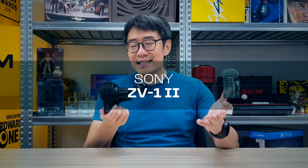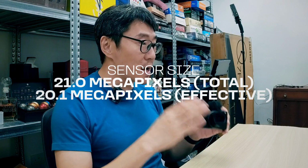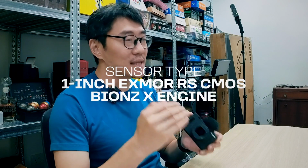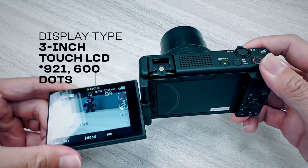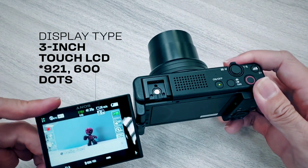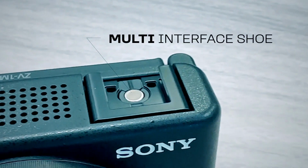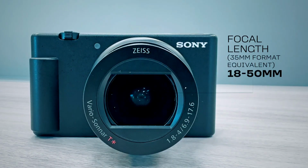This is the Sony ZV-1 Mark II. Now I'm just going to go through some of the main specs real quick. This camera has a 20.1 megapixel 1-inch stacked CMOS sensor, Bionz X image processor. It has a fully articulated touch display, 931 dots. I think that's the right number. It has Sony's multi-interface shoe. It has a built-in high-quality 3-capsule mic,